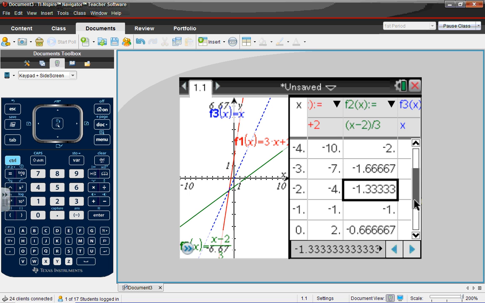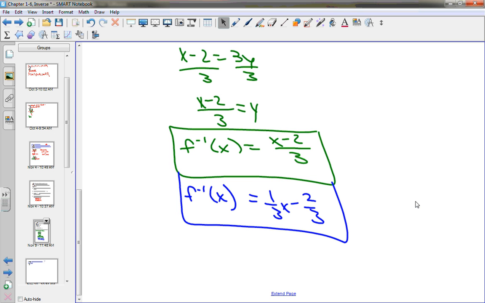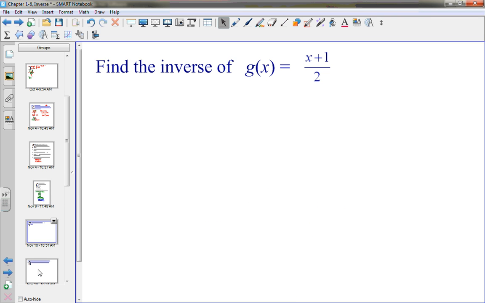Okay? Now the next thing you need to know is to find the inverse of x plus 1 over 2. Now, does this have an inverse? Some of you are not certain. You're kind of like, I'm just going to try to find it. What is the parent function? The parent function is still x, so does an x have an inverse? Yes, it does. So now that I know it, I'm going to have y is equal to x plus 1